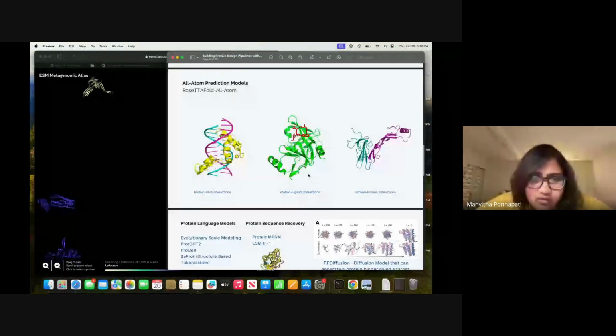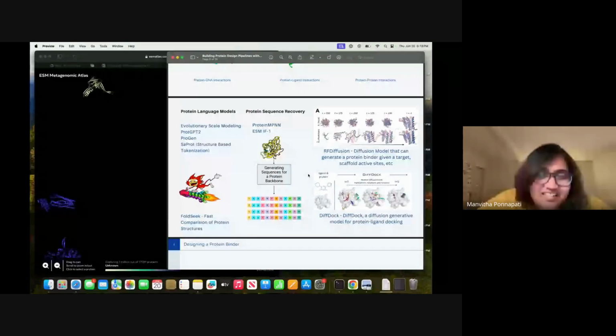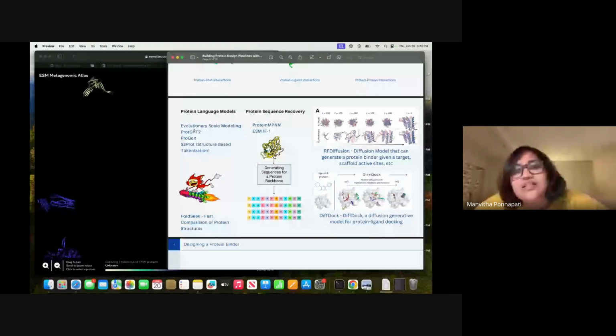Another point to make here is that the reason I'm doing this is not to overwhelm you, but to show you that there are a lot of tools that do something similar, or do very specific tasks, and designing something involves a combination of these tools. These are some of the more famous tools that you might see people using in protein design papers. For example, as I was saying, you can have protein language models. You take millions and millions of protein sequences, and you can train GPT-2 style models or BERT style models on these